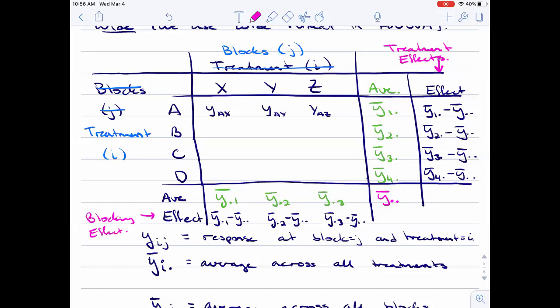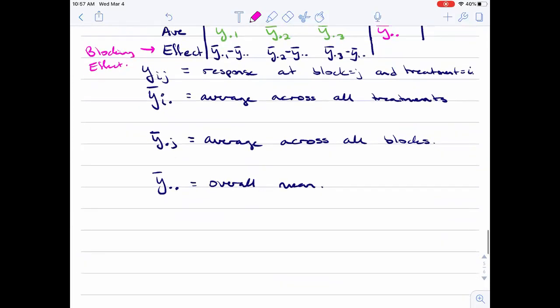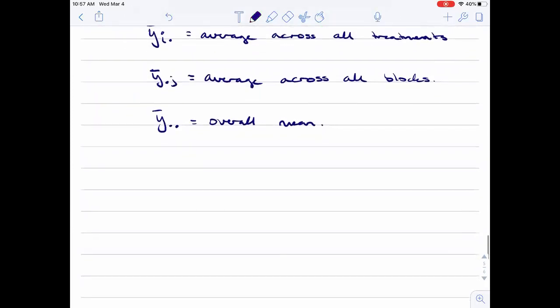Right, but the overall idea of the effect is the same, right? We haven't seen it like this before, but we looked at each treatment. How far is it from the overall mean? How far is each treatment from the overall mean? And that's your treatment effect, right? Now we've just got the blocks, and so we need to look at the block effect. Okay, so our fitted values,